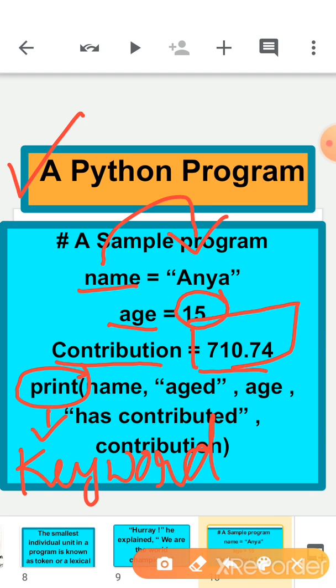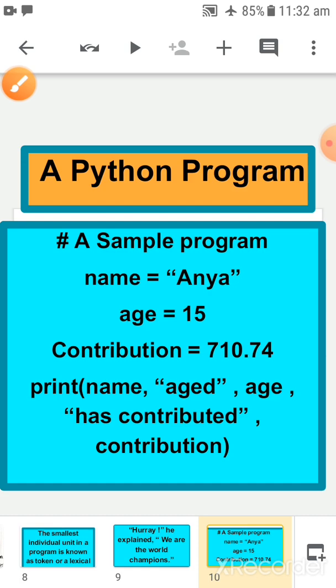With the help of this print function, name is going to print Anya, age is going to print 15, and contribution is going to print 710.74.